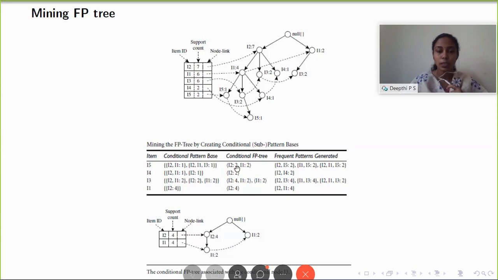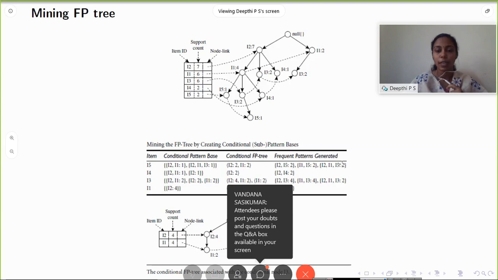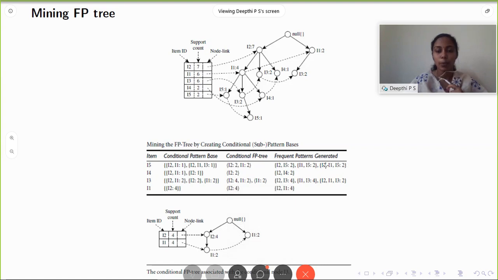So here, since I2 and I1 had the same support count 2, we wrote the support count as 2 here. Otherwise, we have to write the minimum support count among these two. If we had I2 as 4 and I1 as 2, the support count of I2, I1, I5 will be 2. So take the minimum support count of these and record it as the support count for this frequent pattern.